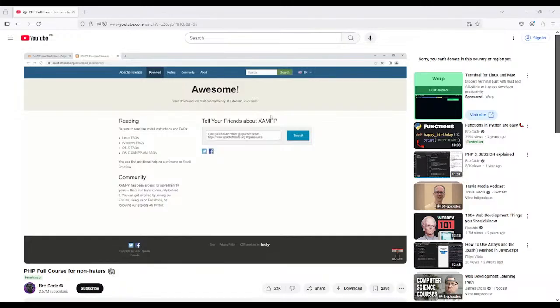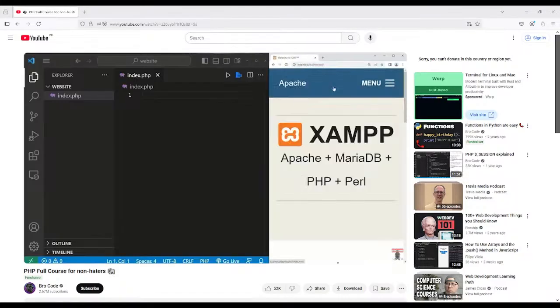All right, we are now ready to get started. In a web browser, to access your XAMPP server, you can type localhost as the URL. This will bring you to the XAMPP dashboard. We would like